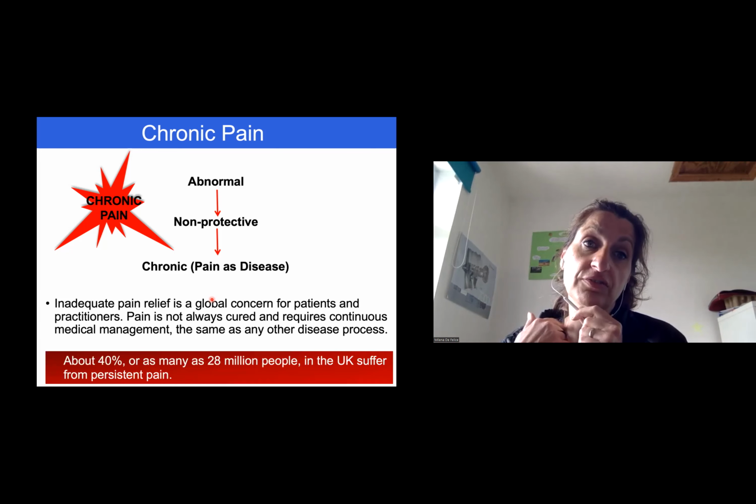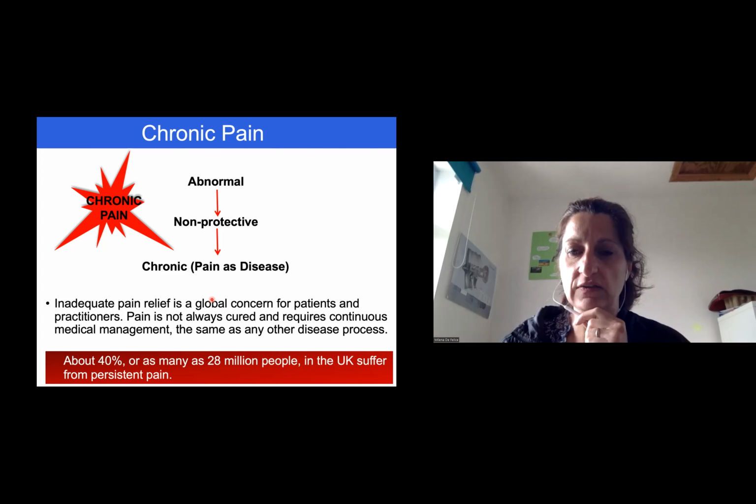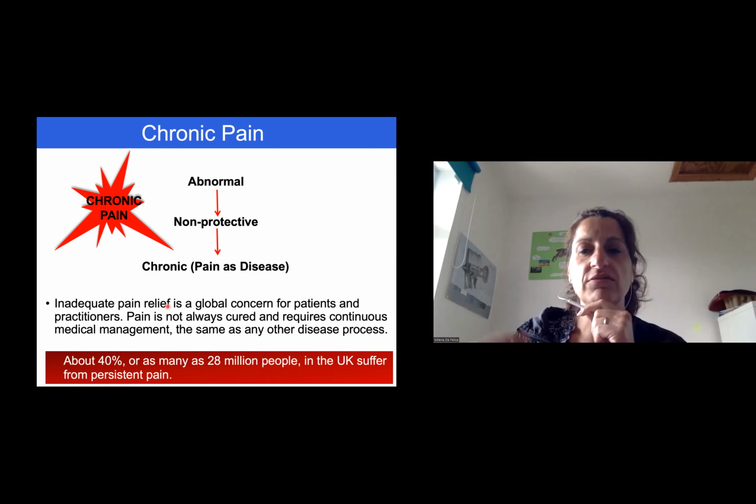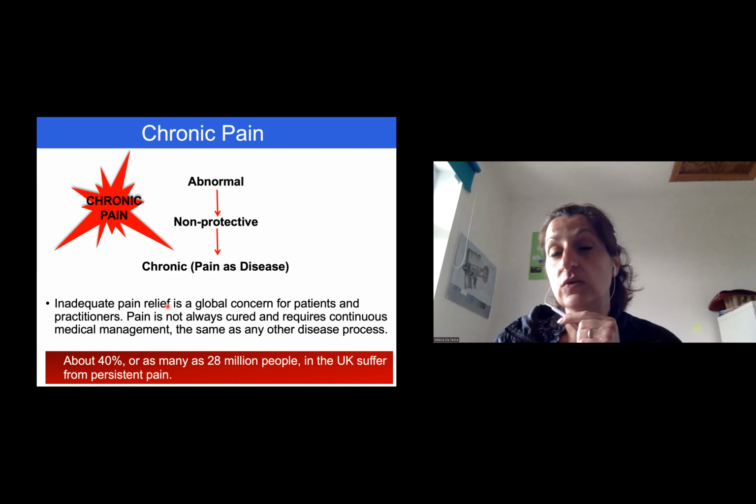And also, if we think about it in numbers, how many people worldwide experience pain, or if I just look at one country like the UK, for example, about 40% of the UK population. So we are talking about almost half of the UK population suffering from persistent pain. Persistent pain that debilitates individuals, decreases quality of life, and is not well treated. Again, there are a lot of factors that point us in the direction that we definitely need to investigate more